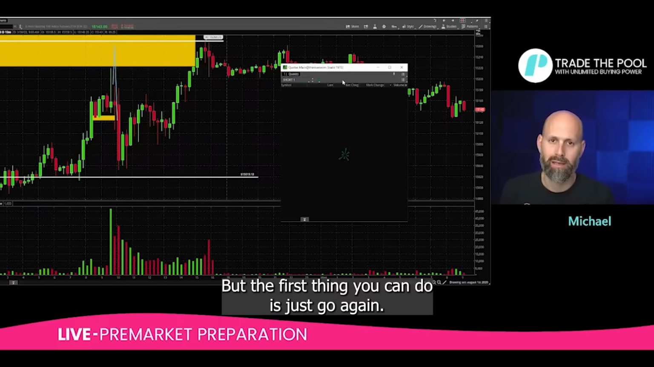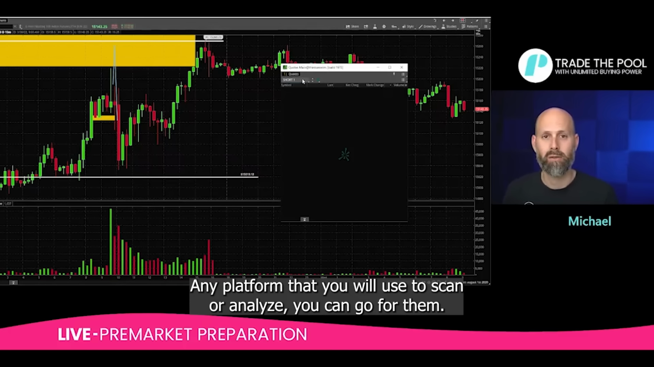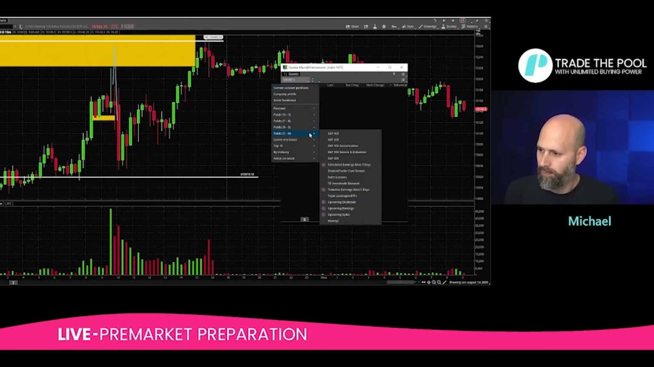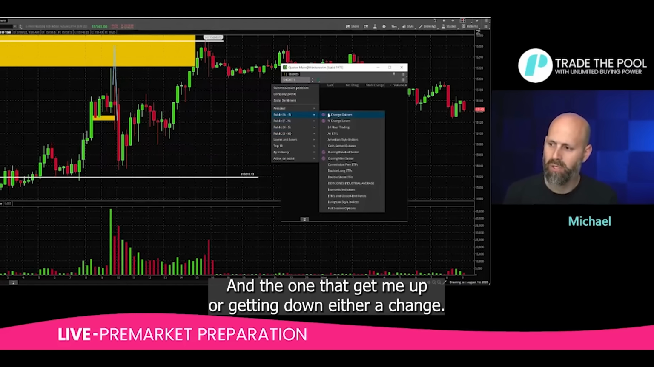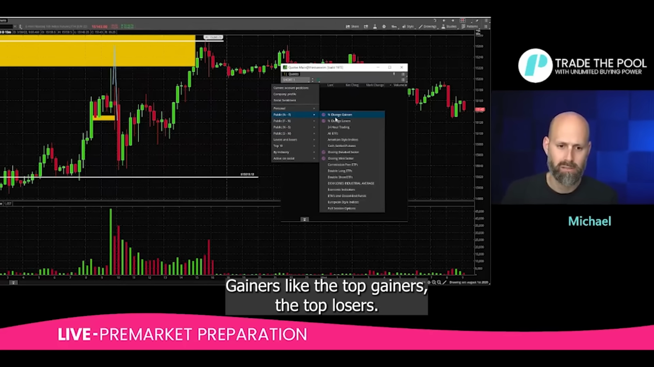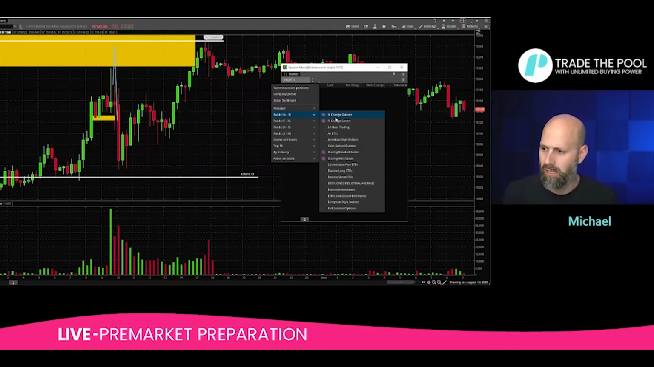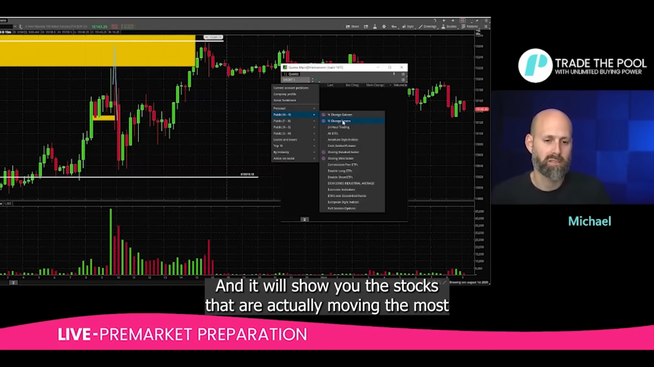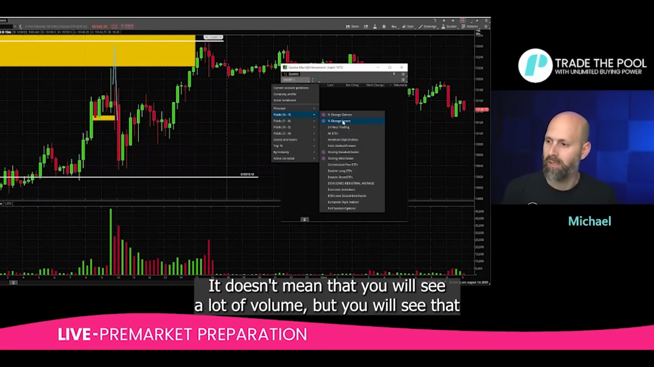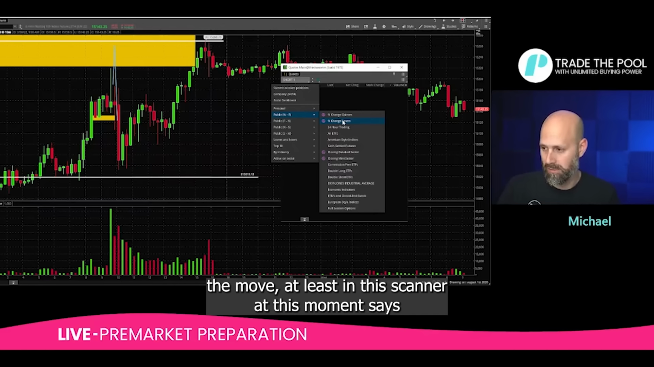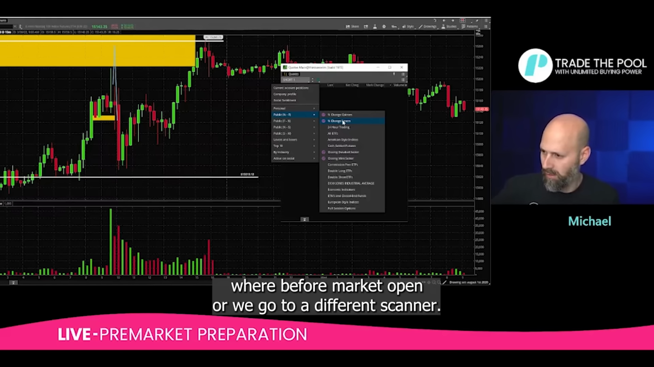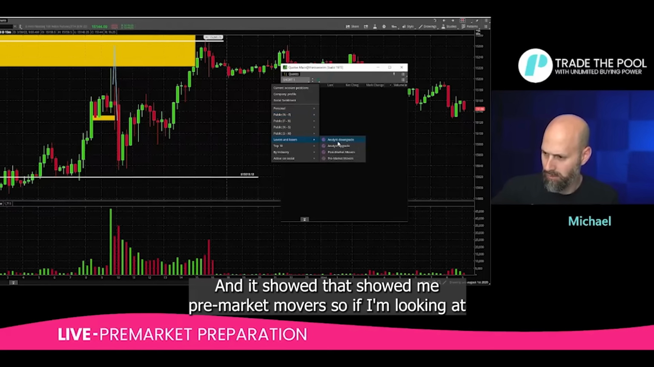But the first thing you can do is go, again, to any platform that you use to scan or analyze. You can go for the ones gapping up or gapping down, either the top gainers or the top losers, and it will show you the stocks that are actually moving the most, a strong momentum move. It doesn't mean that you will see a lot of volume, but you will see the move, at least in this scanner. At this moment, since we're before market open, I will go to a different scanner that shows me